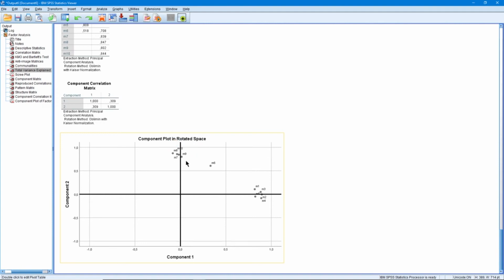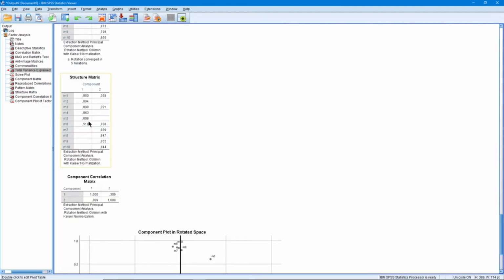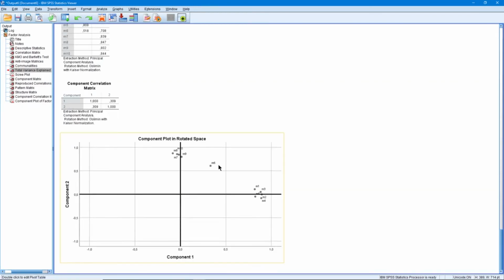The items here got values very close to 1 on the first factor. Here, in the table, we can see them. There are values very close to 1. But the value of the 6th item is 0.518 on the first factor. If we examine it here, we see that the 6th item is located at a point that corresponds to 0.518. The items here are clustered in the second subdimension. Here again, these values are close to 1. So they are clustered here in this way.